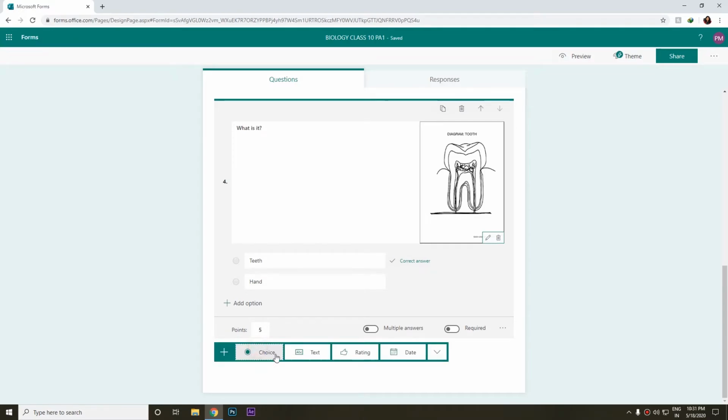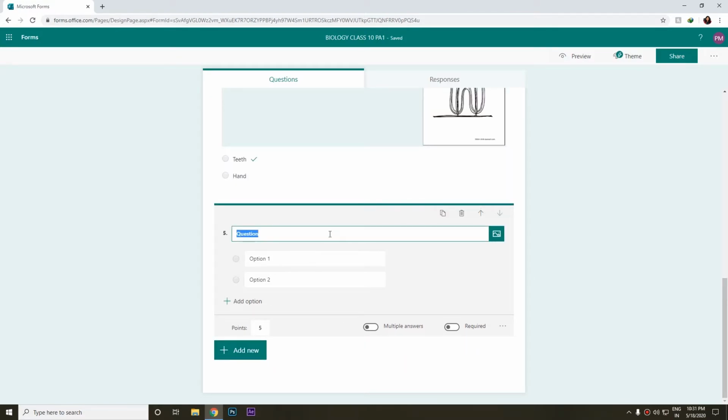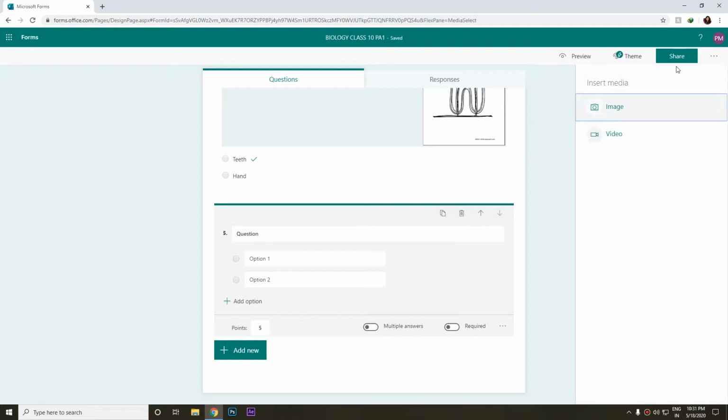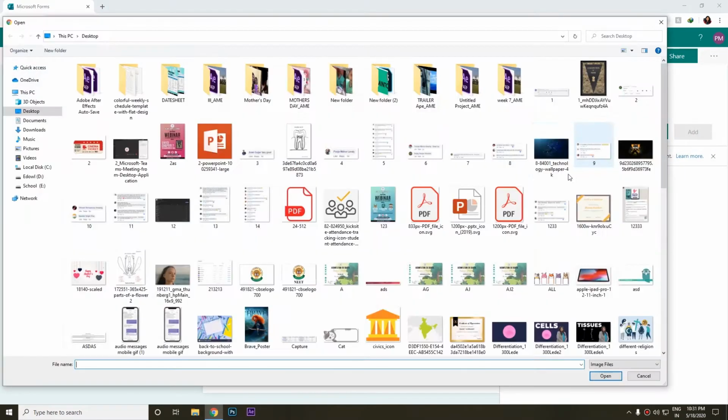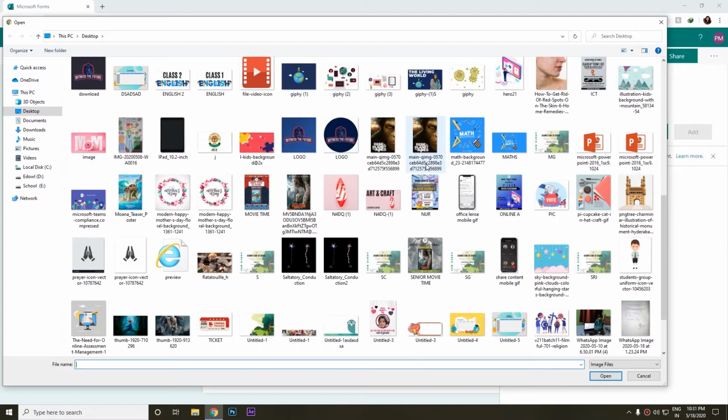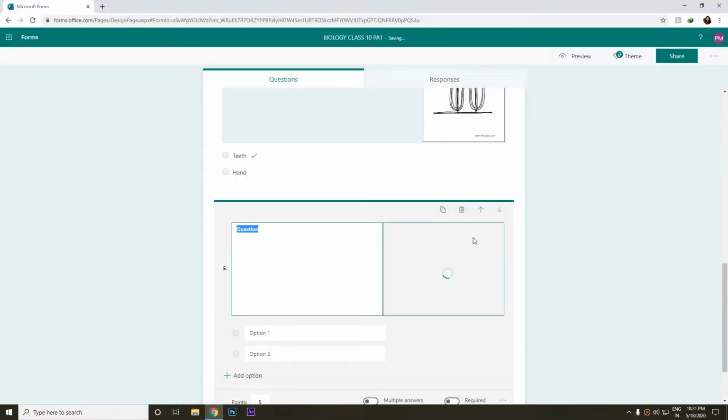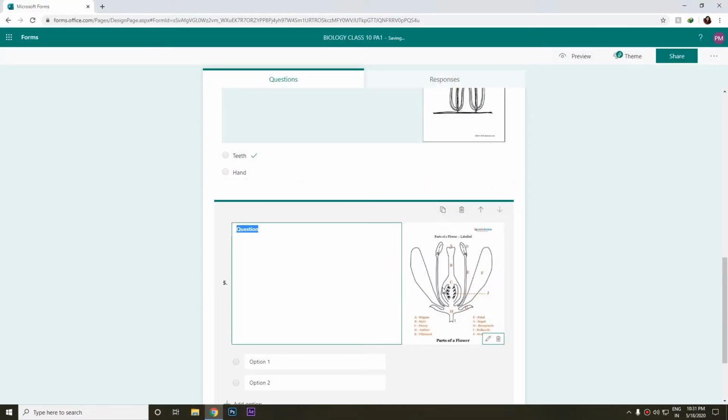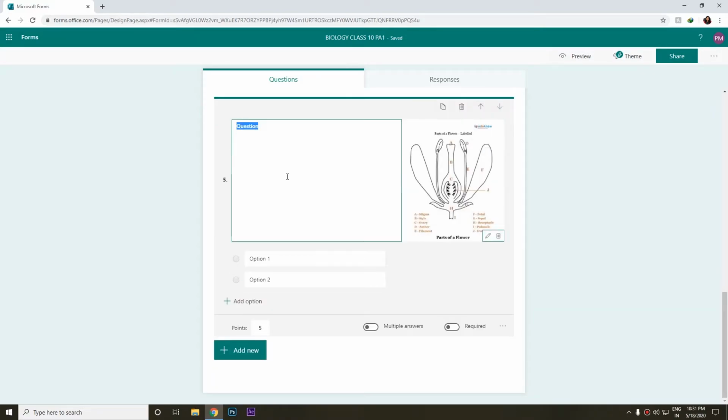Let's add another one, that what else you can do with this diagram part. Choose choice question. We'll add a picture, image, upload, and I have downloaded a picture of flower, and in this flower there are labelings. Okay, so let's label the diagram.